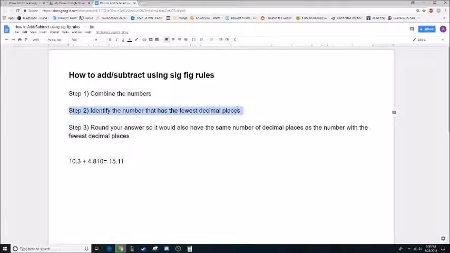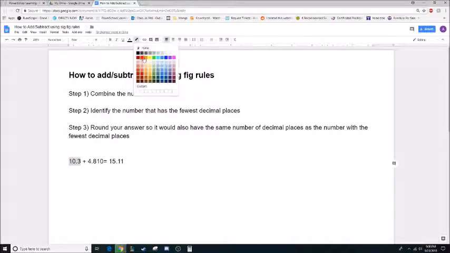We're going to identify the number that has the fewest decimal places. So out of these two, this number right here has 1 decimal place. This number right here has 3 decimal places. So this one, let me change the color on this. This one right here has the fewest decimal places, so that means my answer